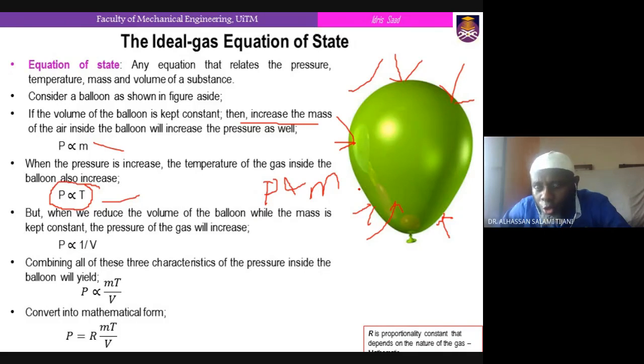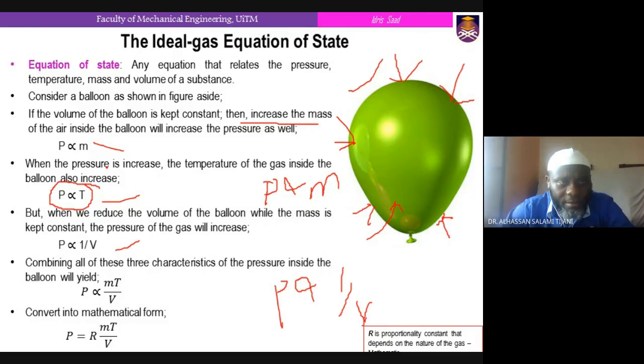Its volume is going to decrease because of the decrease in size. And then the pressure inside the balloon is also going to increase. So the pressure and volume are inversely proportional. So you see that P is always inversely proportional to the volume. You understand me? So if you combine all these three equations, namely P is proportional to mass, P is proportional